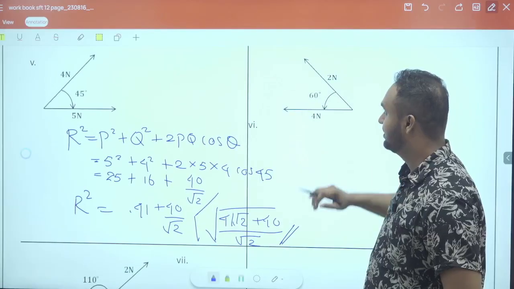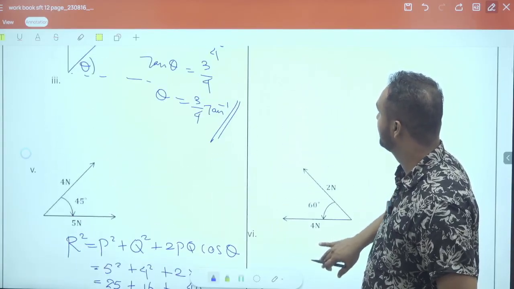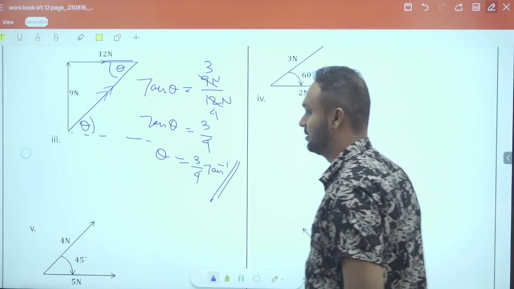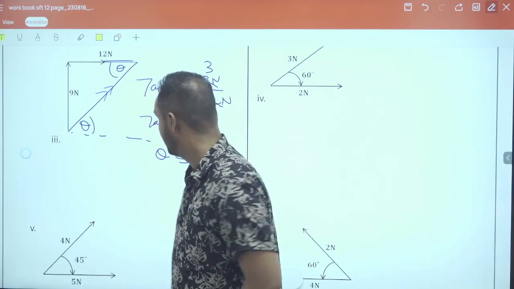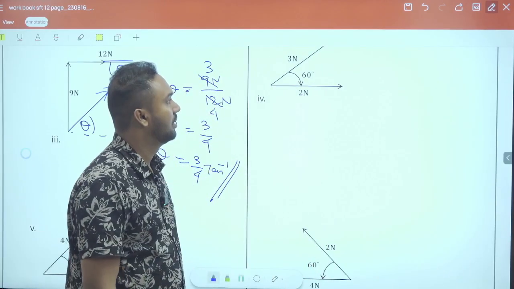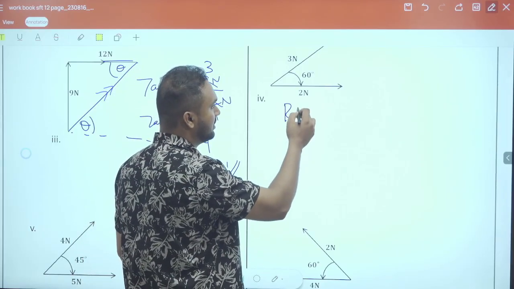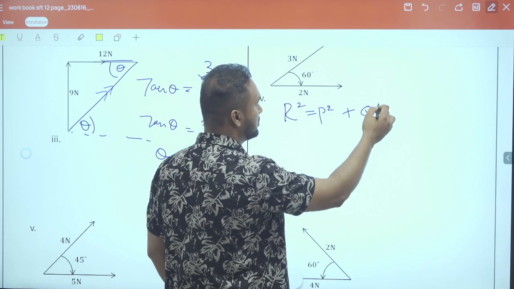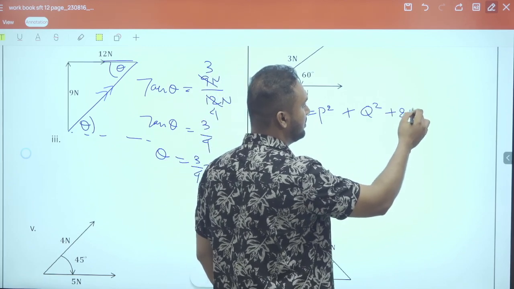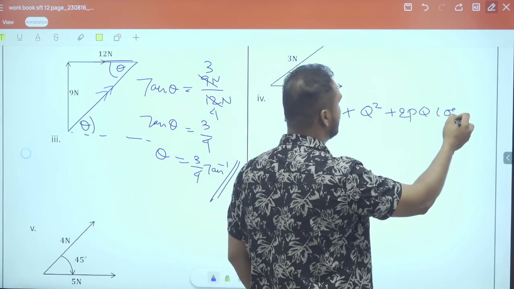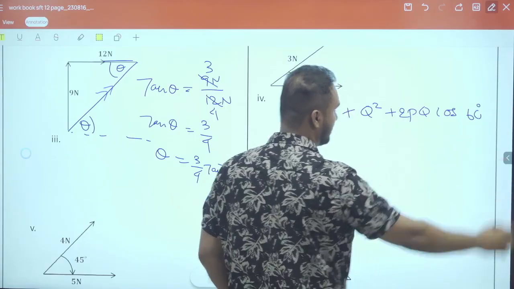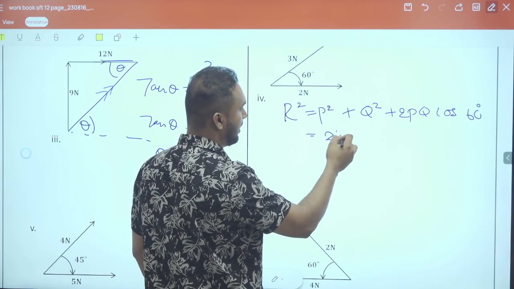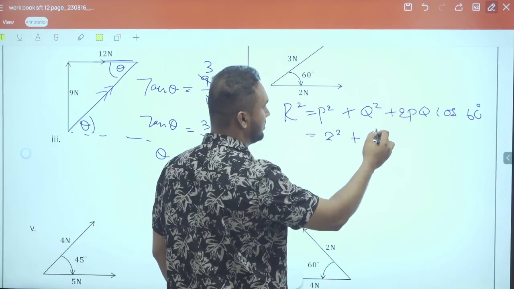Now come to this one. There is another one up here, right? R square equals P square plus Q square plus 2PQ cos 60, right? Now P square is 2 square plus Q square is 3 square plus